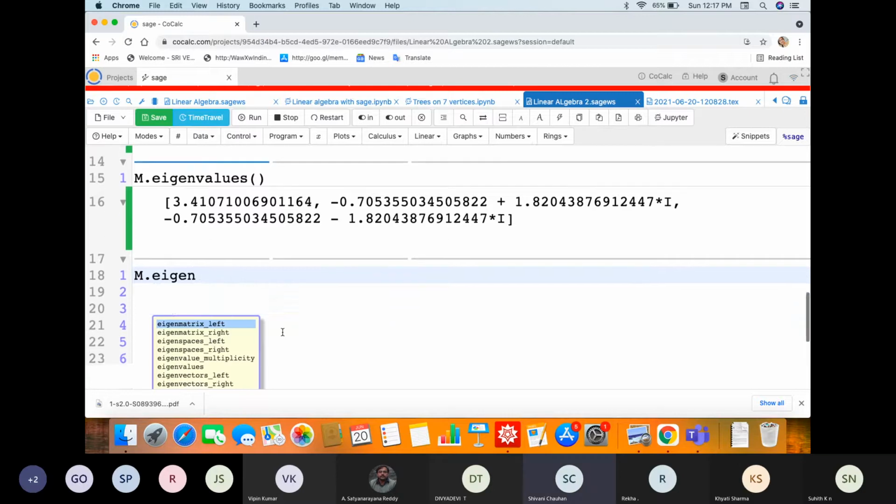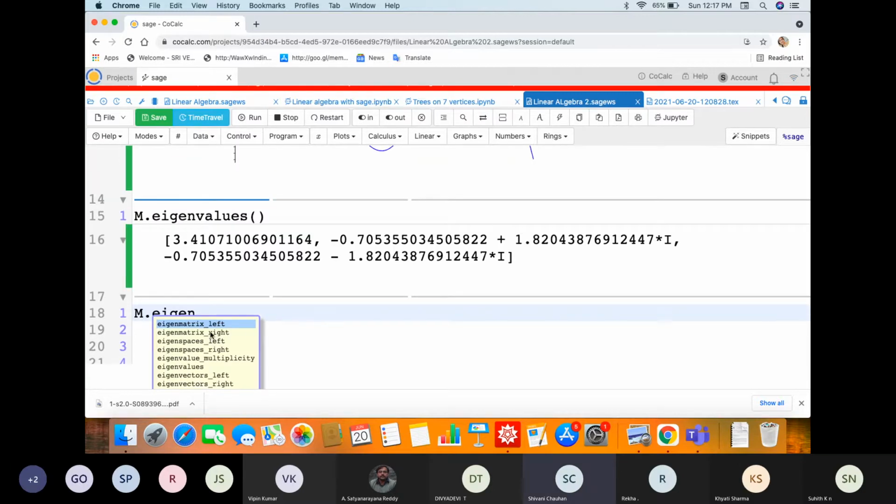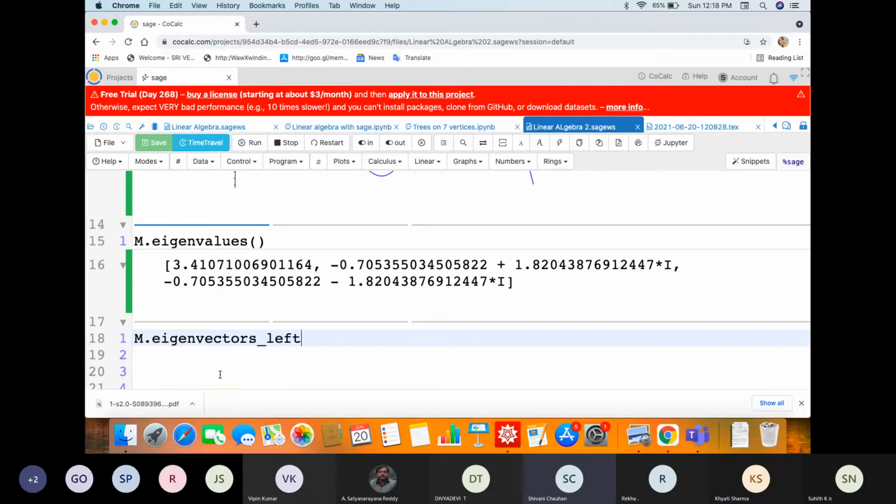So here, when I type m dot eigen, you can see the list. What all I have: eigenspaces left, right, eigenvectors left, right. Sage can do many calculations dealing with right and left. Right or left means that the vector is on the right or on the left. By default, Sage has the left version of the command. So let us plot the eigenvectors left.